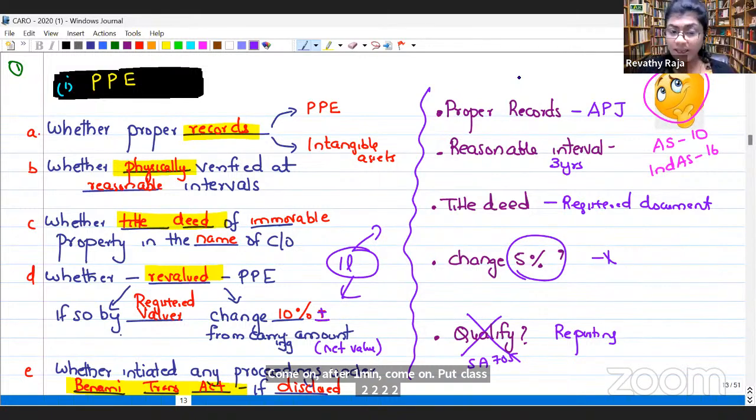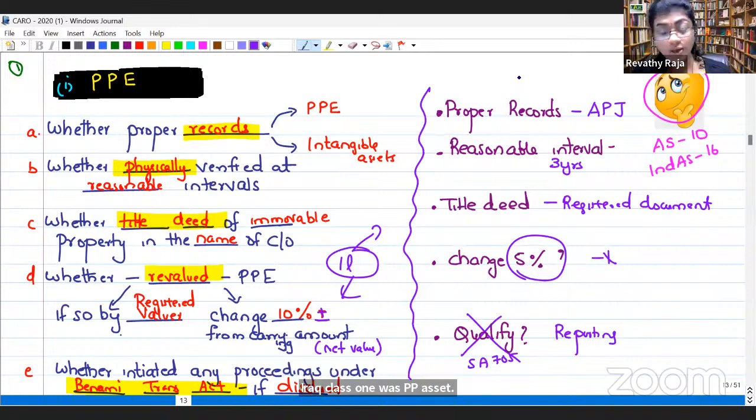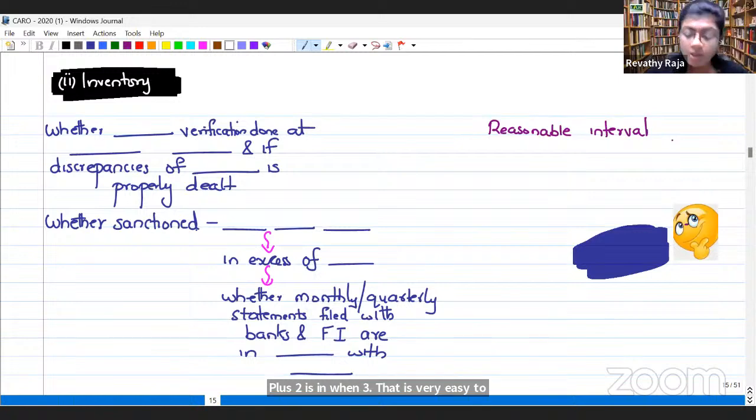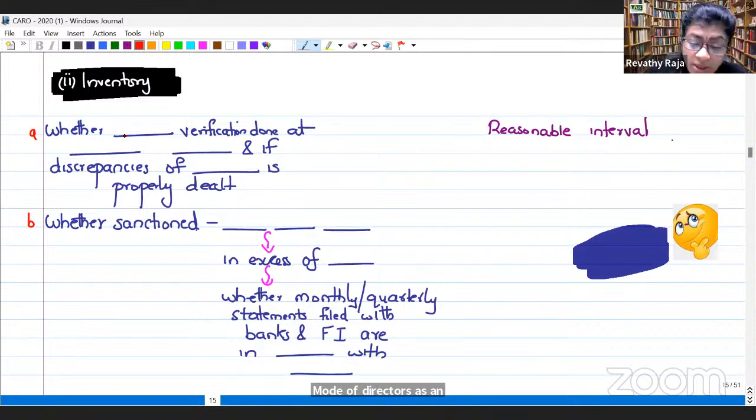Clause 1 was the PPE asset. Clause 2 is also an asset. Which asset do you know? Clause 2 is inventory. That is very easy. Inventory has only 2 points. But again, inventory is the responsibility of the board of directors. As an auditor, you are letting shareholders know whether the inventory has been